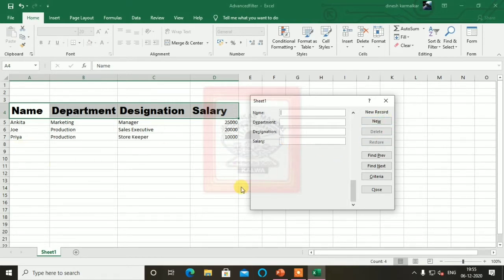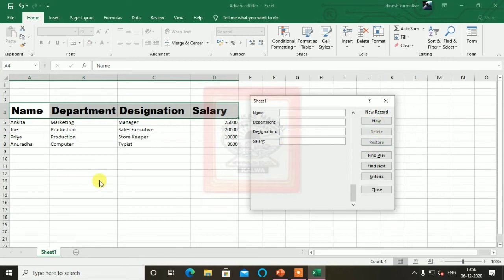Next is Anuradha. Here departments are 3-4 only: marketing, computer, randomly we can take anything. So let's say now computer department. Let's say it is a typist. Salary is, let's say, 8,000.